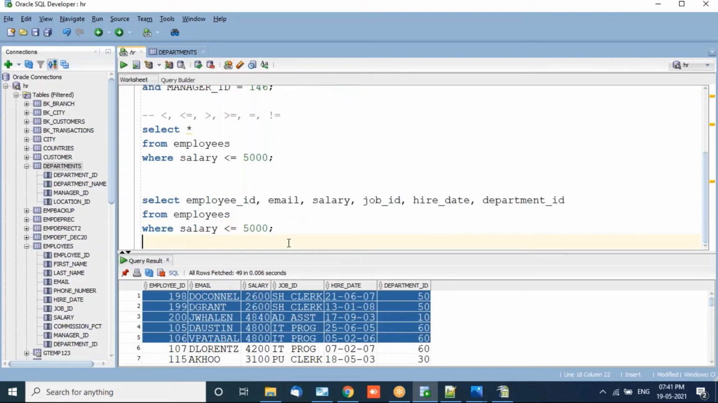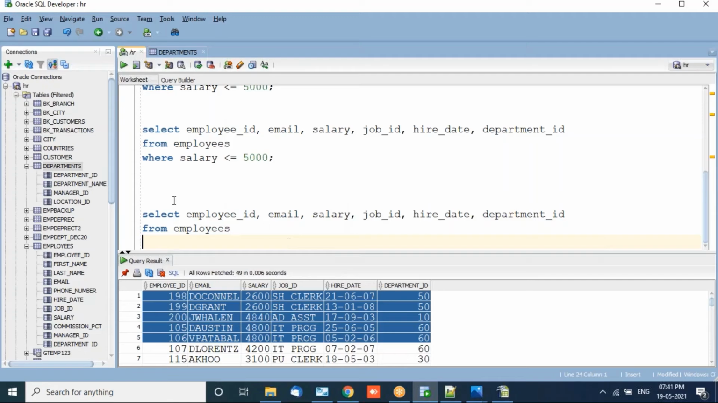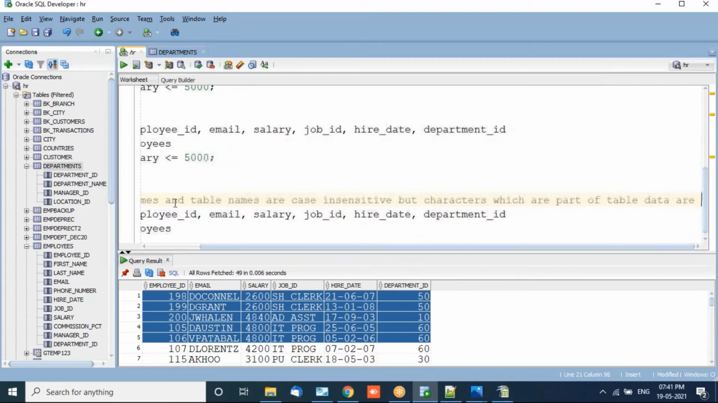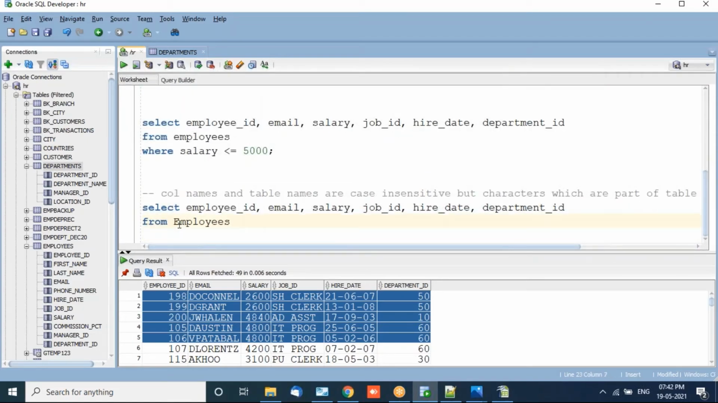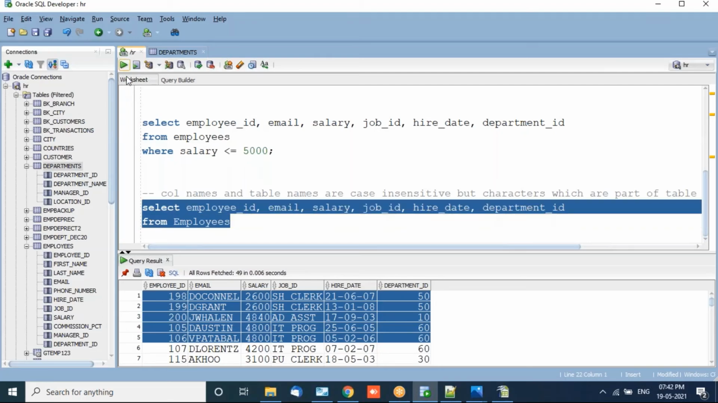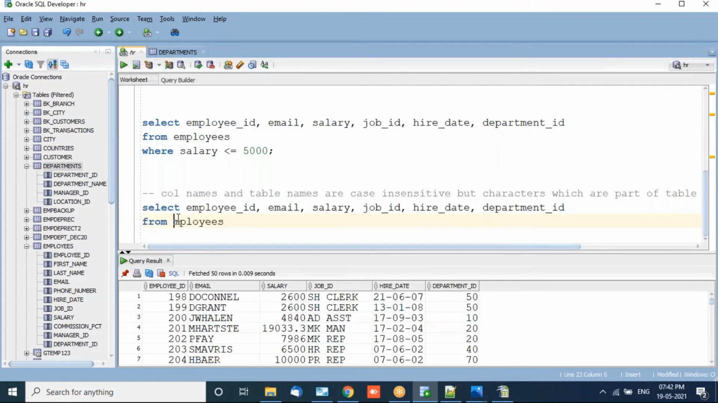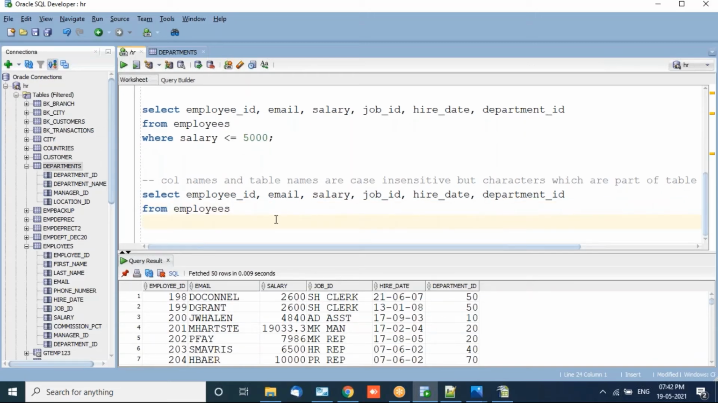These are very basic examples, but characters are case sensitive. Column names and table names are case insensitive, but characters which are part of table data are case sensitive. For example, I'm writing E capital and still getting the same output. Generally we all write in lowercase only, but I'm just showing you a quick example. Now, where, for example, email is equal to